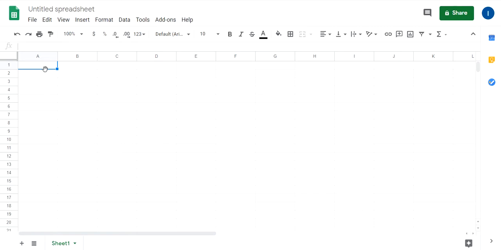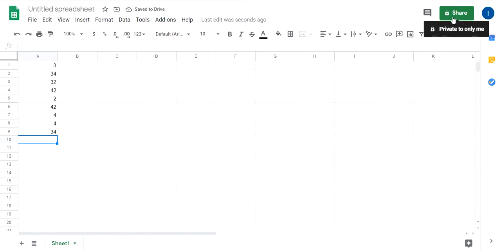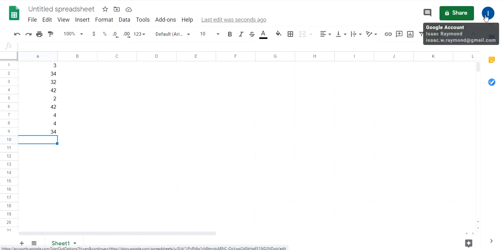So once you get your file, you got a bunch of data, you got some spreadsheets that you want me to see, you can go over here to share. And then the other important thing would be signing in, okay? Because Google needs a way of saving this. So I'm already signed in to